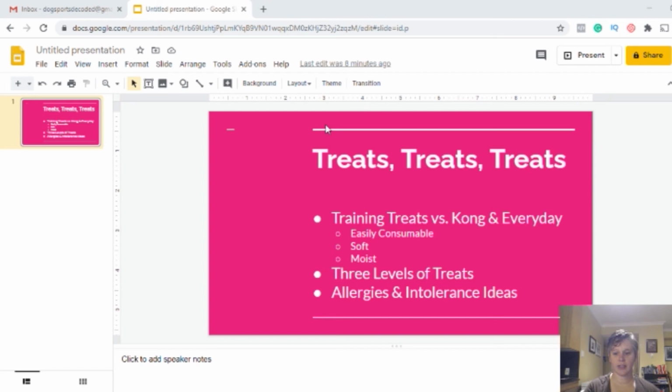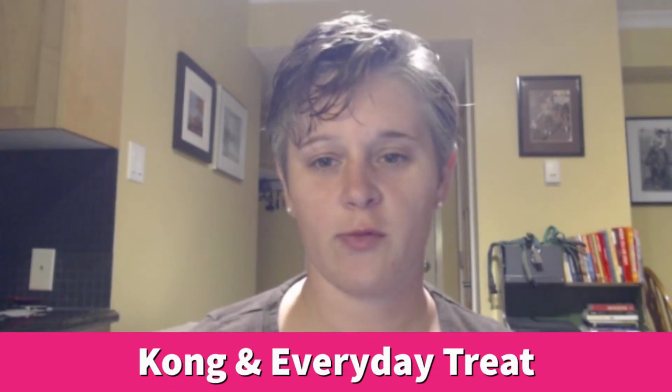So those are the training treats in particular. So what would I consider a Kong or an everyday treat? For a training treat, that's when I would use some of these jerky type treats. So this one's dehydrated fish. Those would work well. Or this is a Spike version, just a venison jerky, but it's a little bit drier, a little bit harder